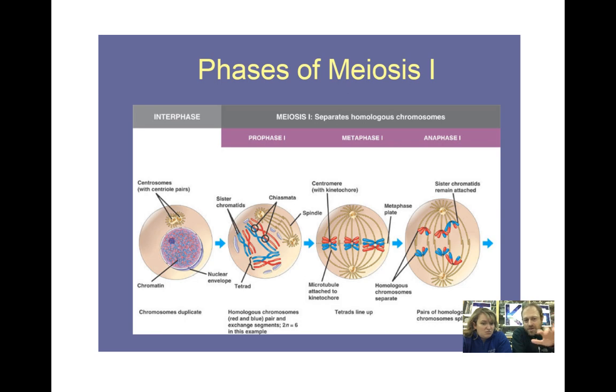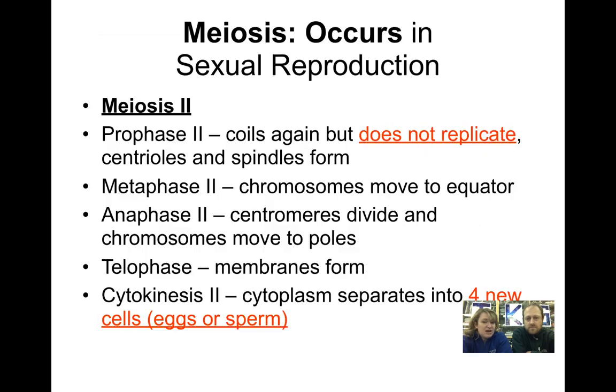The spindle fibers start to show up. Centrioles and metaphase are moving to the poles, and notice how those chromosomes are lined up next to each other, not in a single line. Okay, crossing over occurs, and as they're pulled apart in anaphase, you can see we've got some shuffling of that DNA. So that's the end of meiosis 1, but then it goes right back into the second round of division,